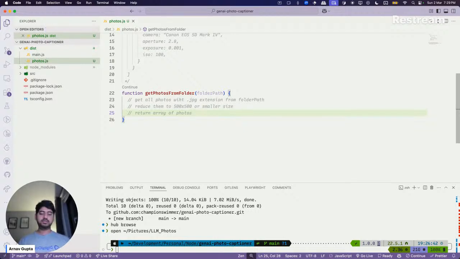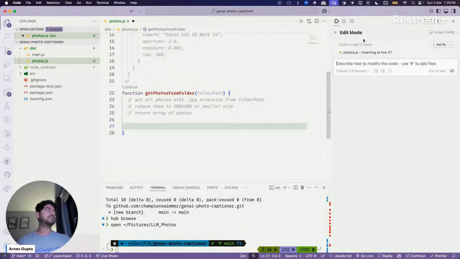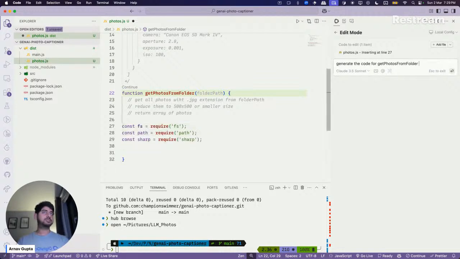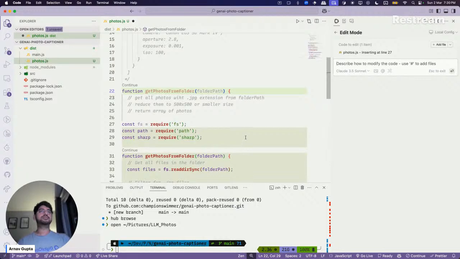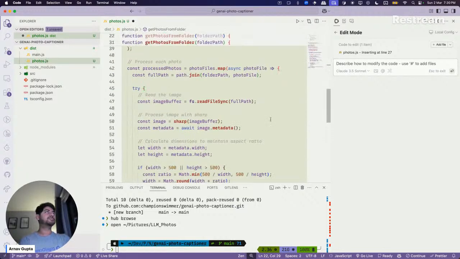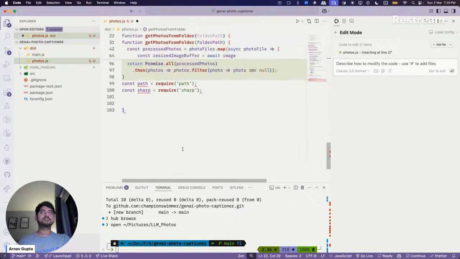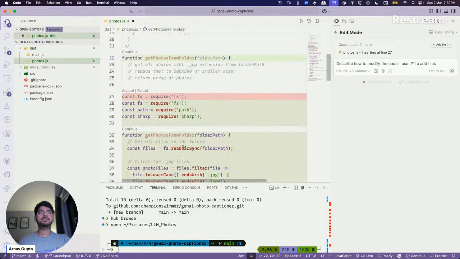Let's see if I can generate this code. Generate the code for... sorry. Whoa, this is not good.